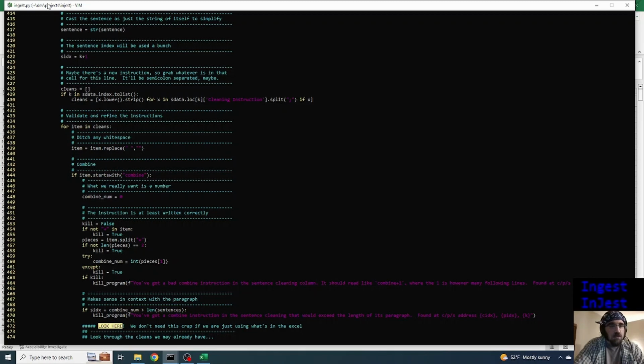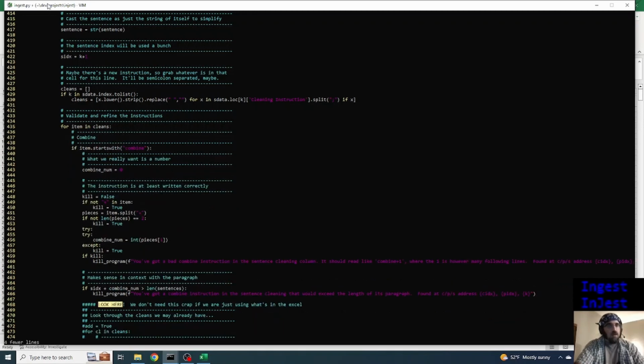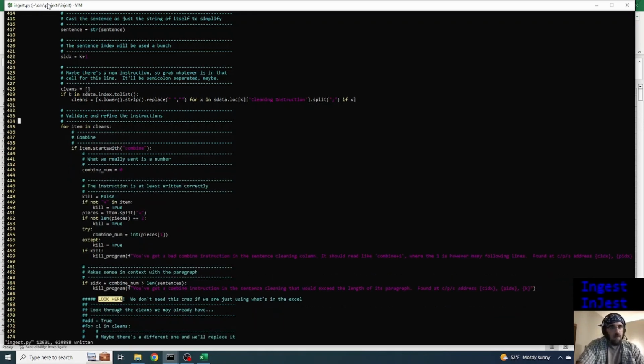Actually, we could just do, yeah. So any cleaning instructions are going to be lowercase, they're going to be stripped of any white space, and we're going to replace any internal white space with nothing. We don't have to do that there. So we would look through and say, look through each one of the cleans, which might be